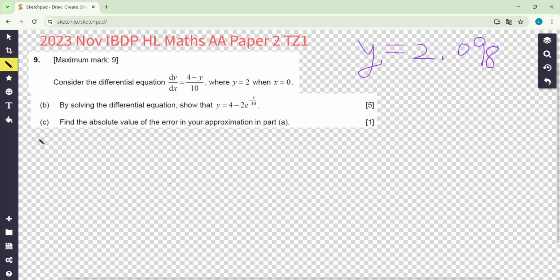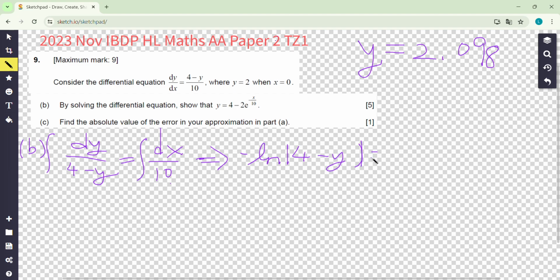Question 9b is about solving the differential equation, accept value. So first I move the y variable to one side and the x variable to the other side, and then do the integration. Very simple. And the result is a negative natural log 4 minus y